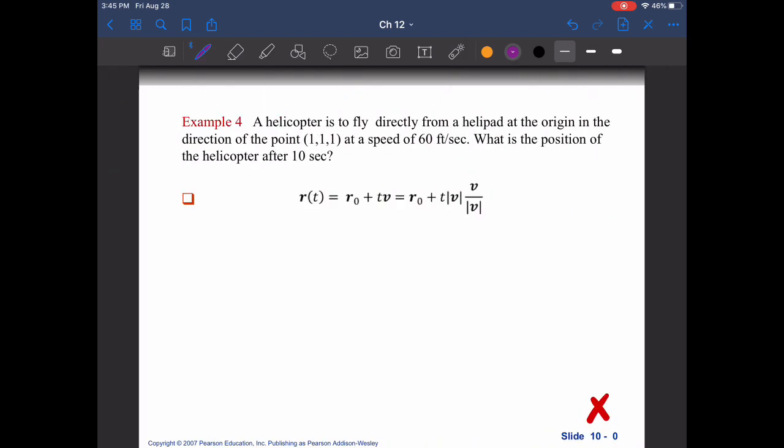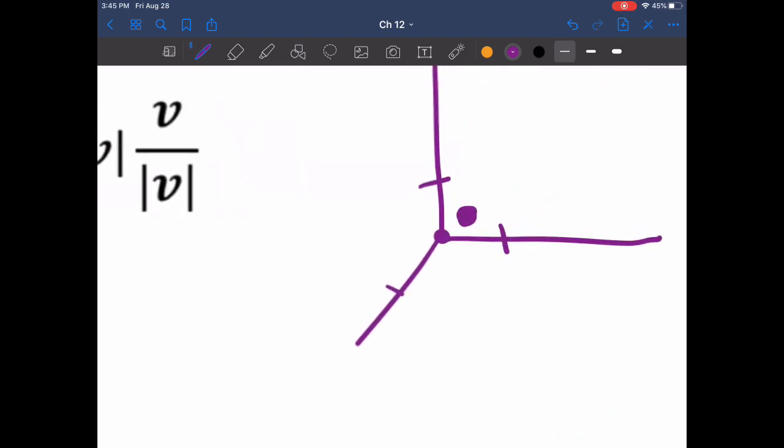All right, here is an example about a helicopter. A helicopter is to fly directly from a helipad at the origin in the direction of point 1, 1, 1. All right, so let's take a look here. We've got our origin right there, and we're flying in the direction of the point 1, 1, 1. So whatever it is, go over 1, up 1, forward 1, something like that. Okay? This is our